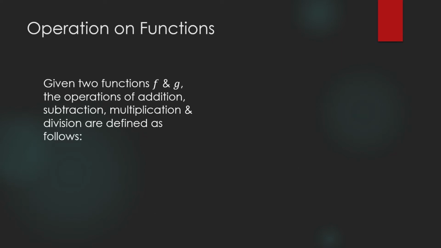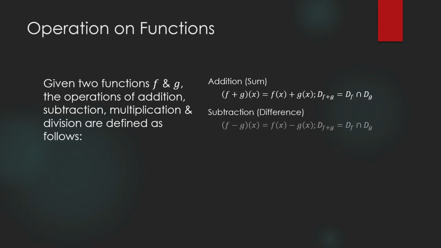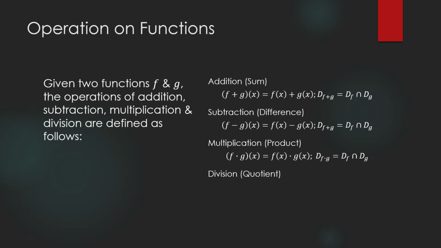Given two functions f and g, the operations of addition, subtraction, multiplication, and division are defined as follows. (f + g)(x) is equal to f(x) + g(x). This is the sum of two functions. The difference of two functions is defined in this way. (f - g)(x) is equal to f(x) - g(x). The product of two functions is (f · g)(x) equal to f(x) times g(x), and the quotient of two functions is (f/g)(x) is equal to f(x) over